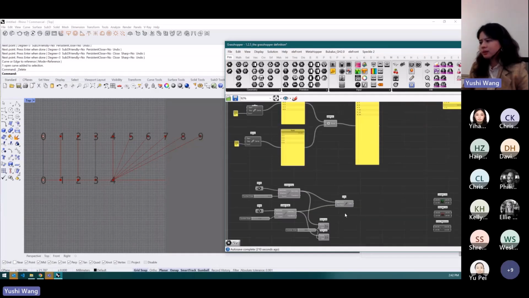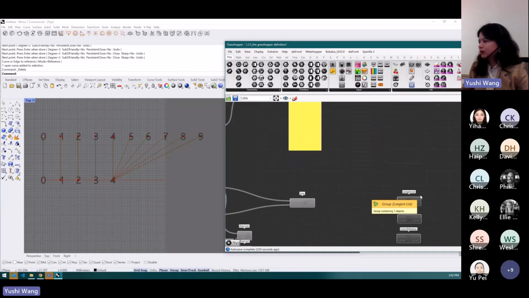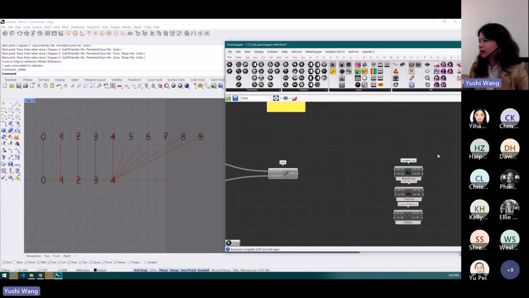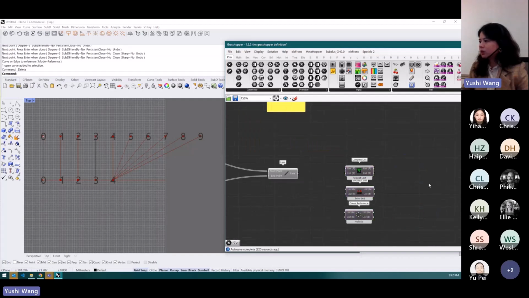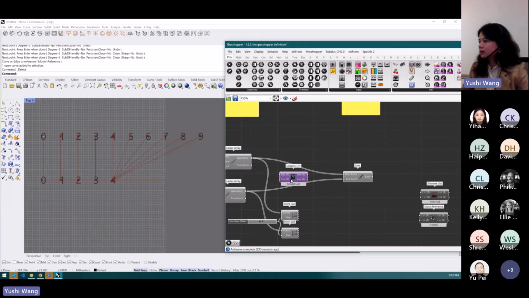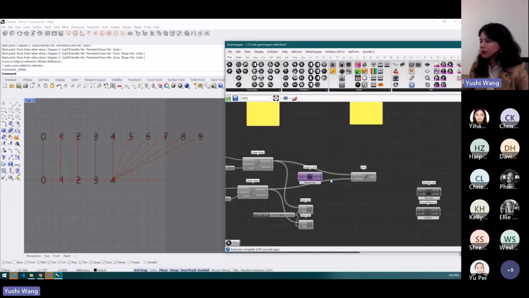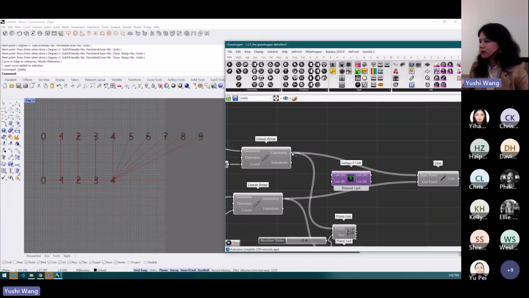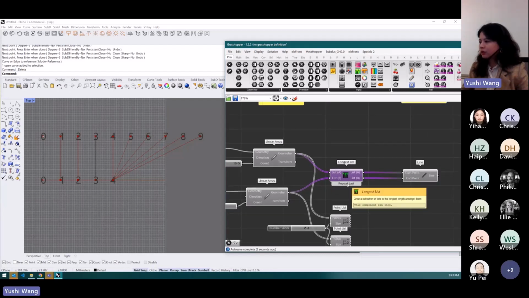So, is there any way we could change that? There are three different kinds of components we could approach. One is Repeat Longest List. If we link this with the input and transfer it to the output, the default setting is the same, but if we right click over there, we could change